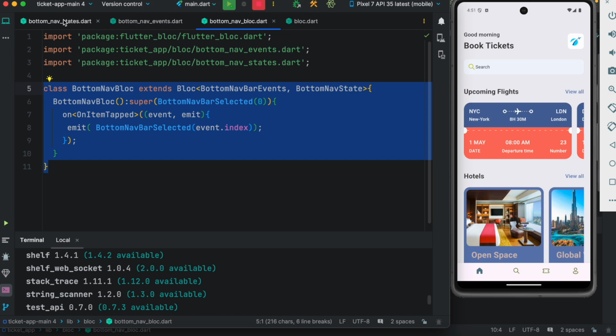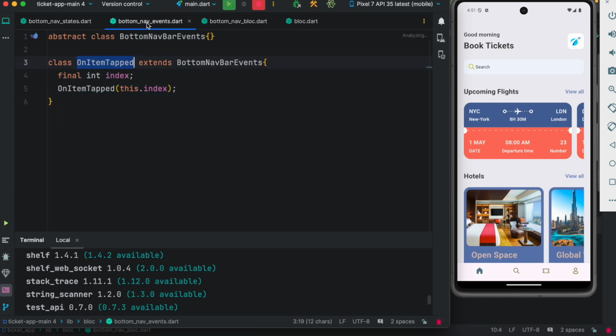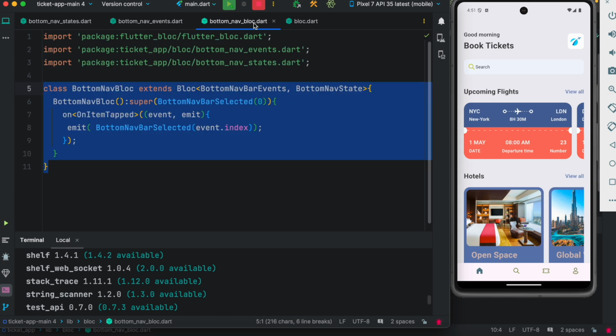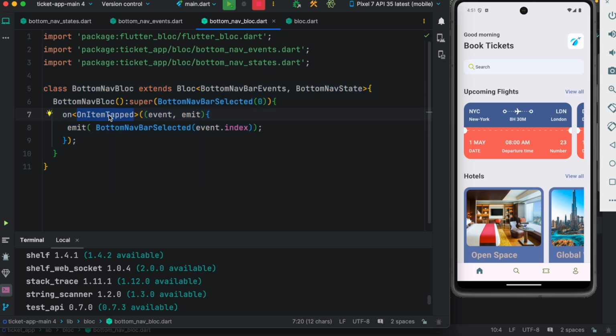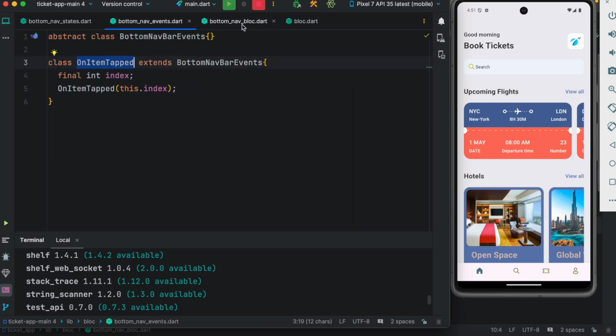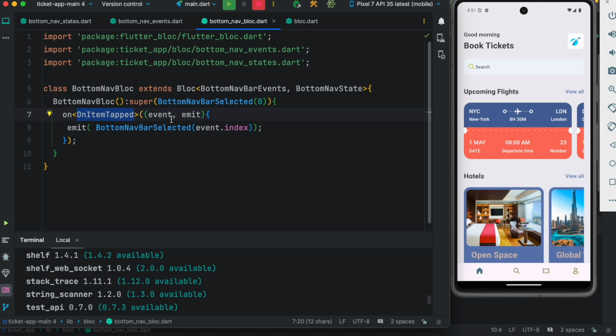So the idea is, first you're going to create a state class, then you're going to create an event class, and then you'll create a block class. From your UI, you will call this block class, then you'll call an event class, which is here, actually this one. Then you'll pass your value to it, and once you pass the value, you're going to use this emit callable. Of course, you can call it anything. You don't have to call it emit, but they call it emit. And then the UI would be updated automatically like this based on this emit. Okay, anyway, so we'll continue more on next